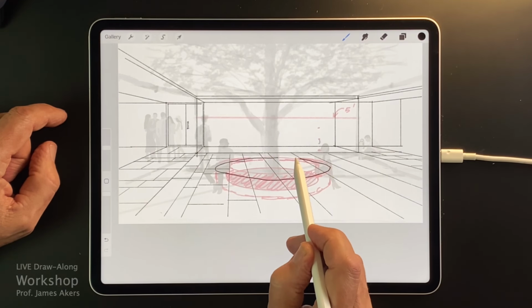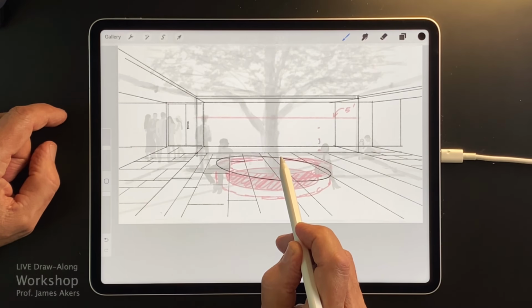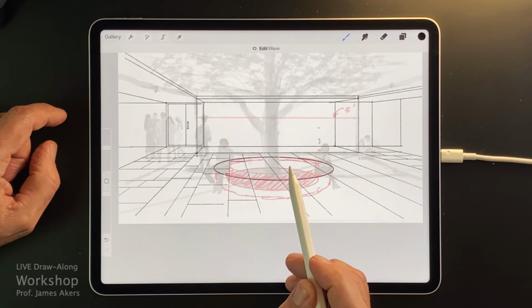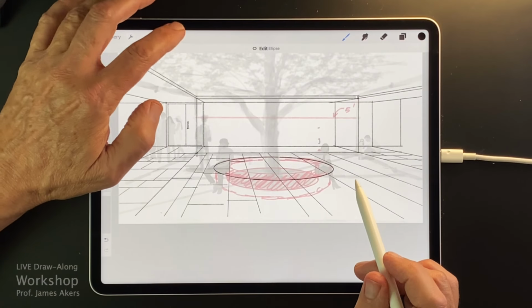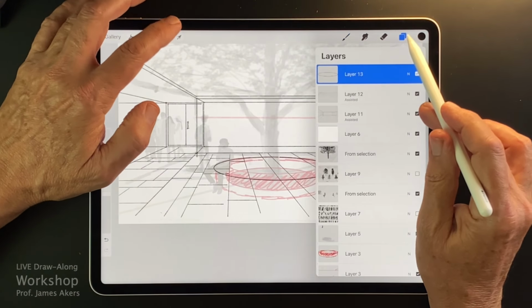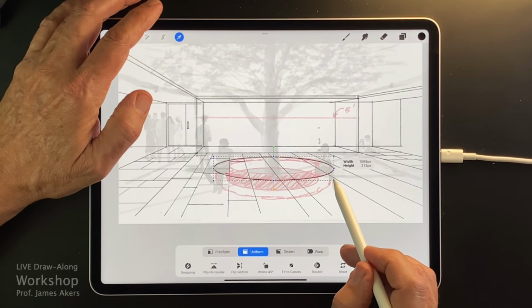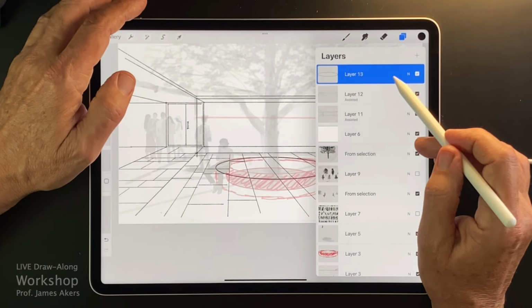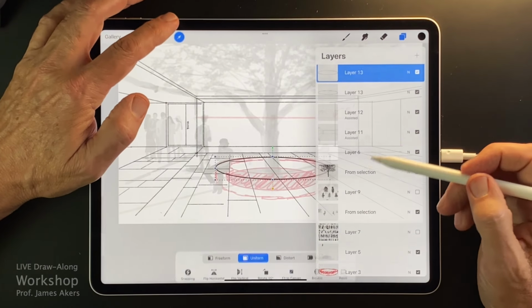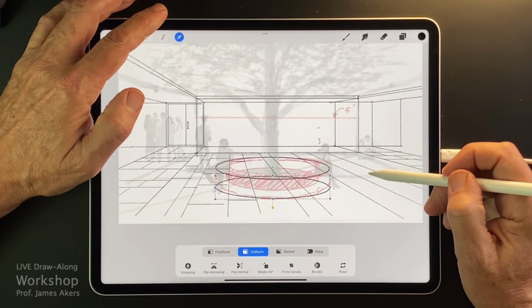Again, I can be terrible at this at first, but then just hold that pencil down, and I can even make it larger. And you don't have to worry about it. If you let it go too fast, remember, because it's on its own layer, I can shrink it down again and adjust it.